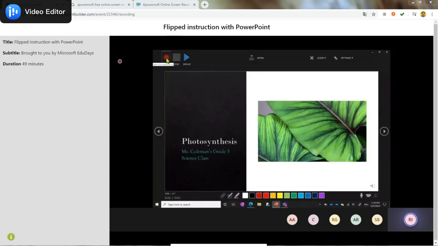Up in the top left are my record controls. Once I click on record, it'll give me a 3, 2, 1 countdown, and then it will start picking up my voice. This is how you stop, and this is how you can replay and watch what you've just recorded. Up here, I have the option of seeing my notes. So if you're someone, and I am definitely this person, who likes to type out some notes to remind them what they're going to say, you can click on this and see your notes while you are recording your narration.